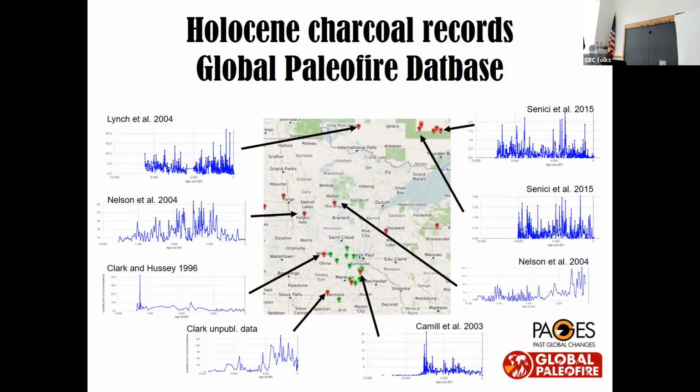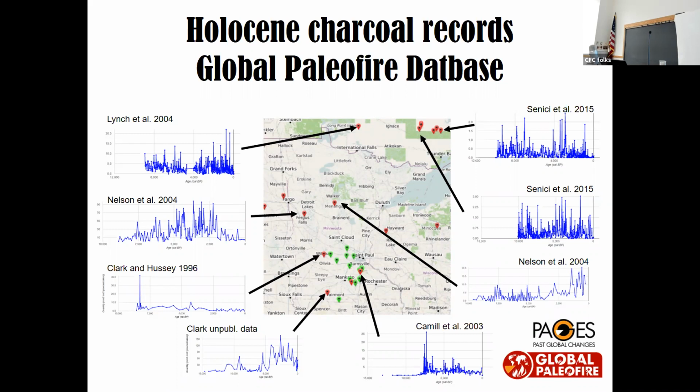So I just want to show you a little bit of data from different sources. These are from the Global Paleofire Database of charcoal records. Hopefully you can see this is Minnesota outlined here. These little red dots are where the different charcoal records are in Minnesota. Most of them span the Holocene. I know this is hard to see, but each of these graphs is pointing to a different site, and they're showing particulate